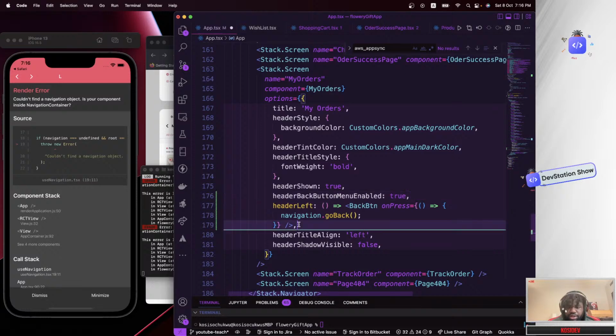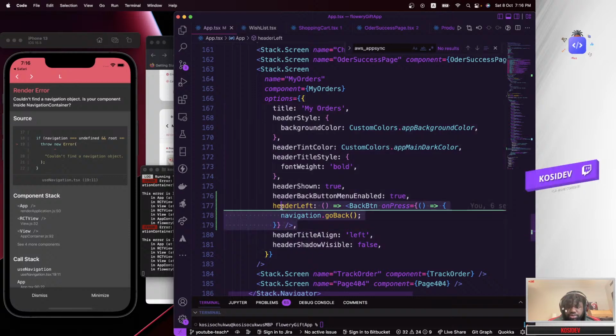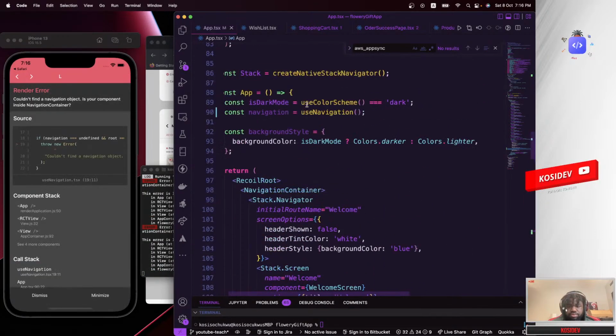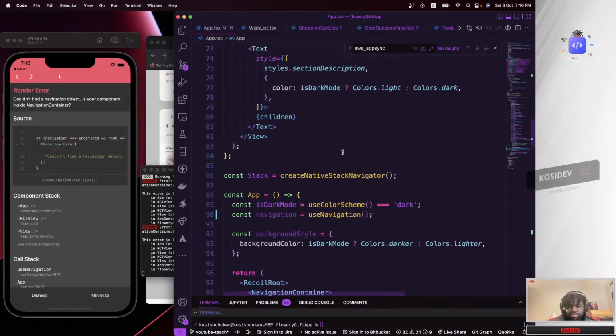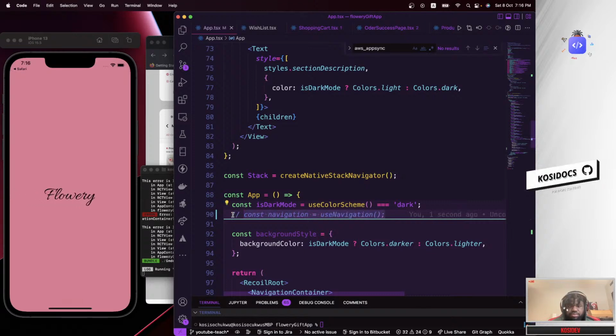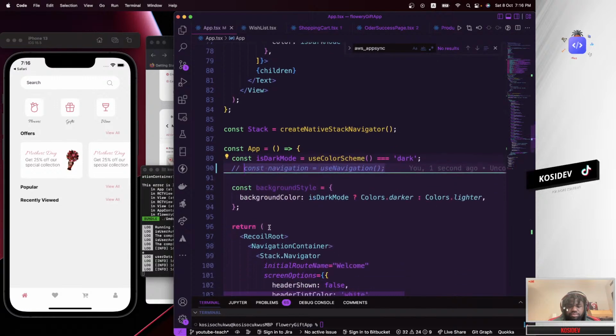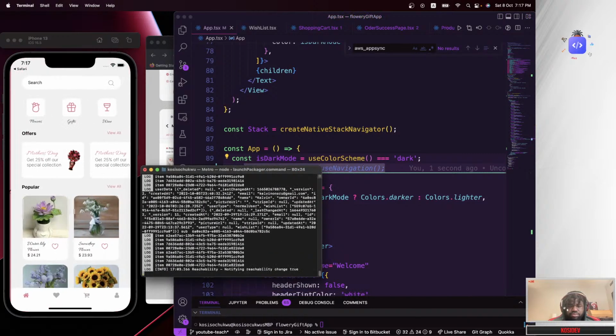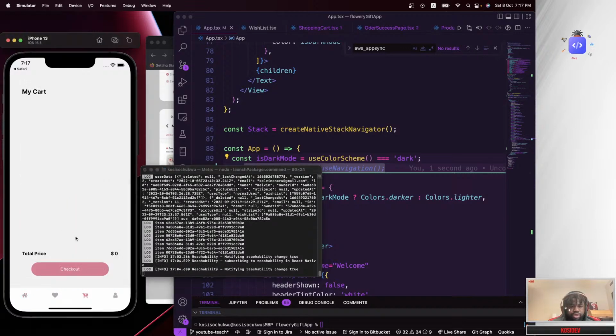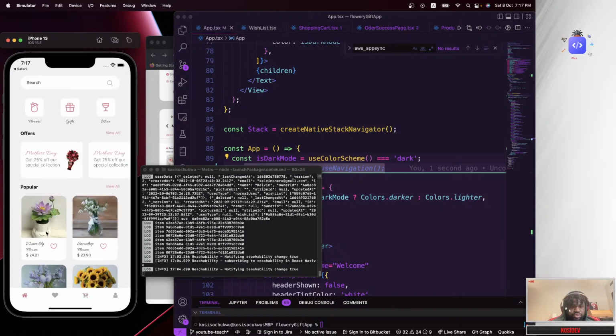So let's say that should be enabled, and if that is enabled, we can just remove this. Okay, there we go.